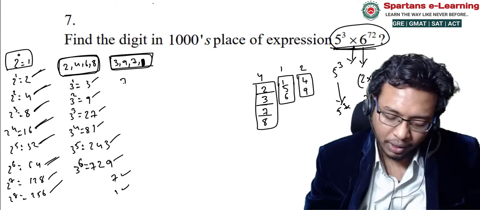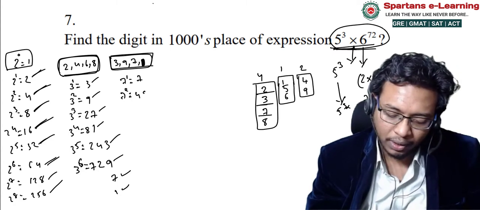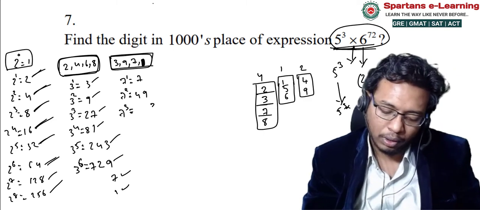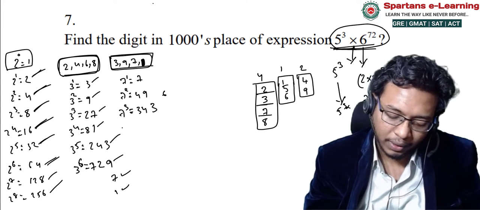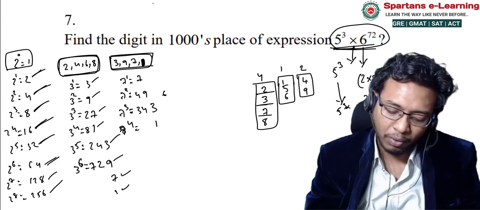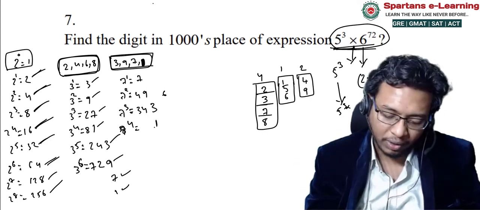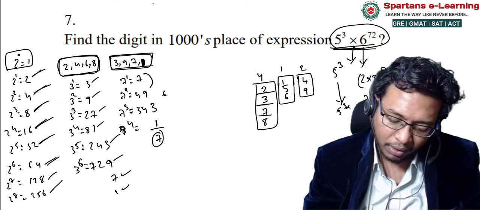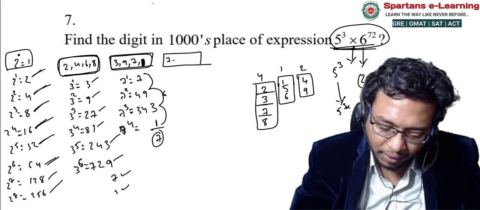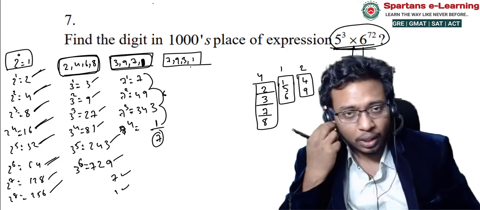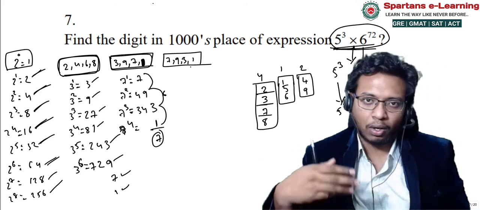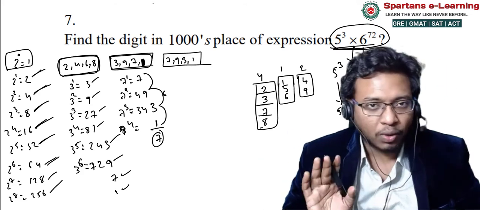Similarly for 7, if you take 7 power 1 is 7, 7 square is 49, 7 cube is 343, right? Next 7 power 4, anyway you will get 1, right? If you do 7 cube into 7, that will be 1. Now if you do 7 power 4 into 7, this will give you 7 here. That means again here 7 9 3 1, this is the cyclicity. So cyclicity of 7 is 7 9 3 1, these are the units digit. So these numbers 7 9 3 1 get repeated again and again after every 4 terms. So this is what you mean by cyclicity.